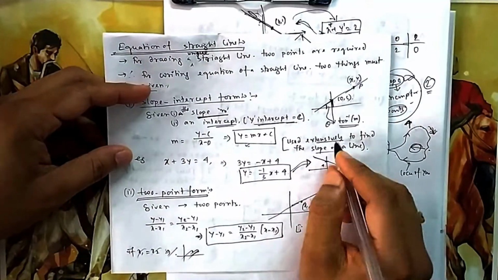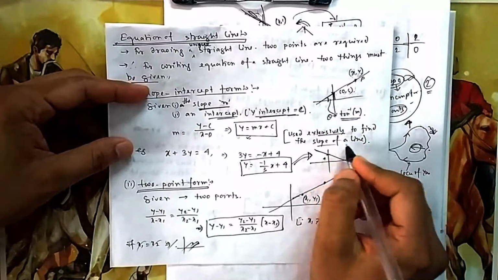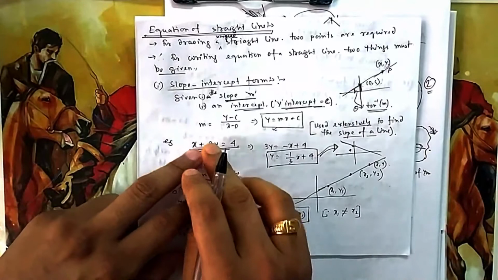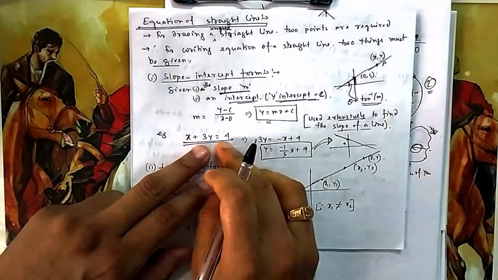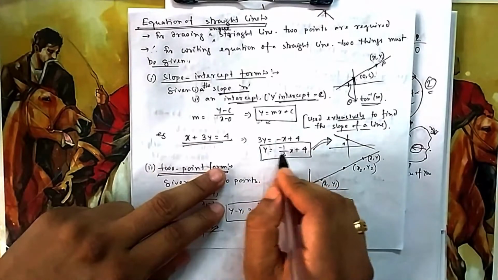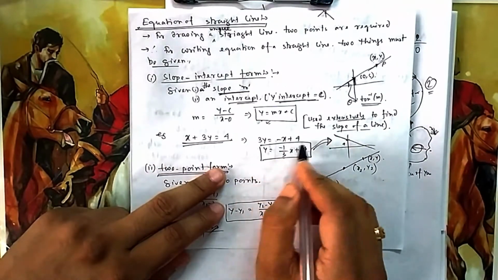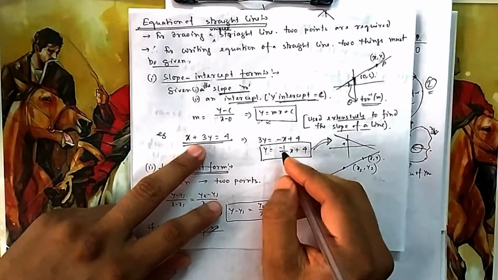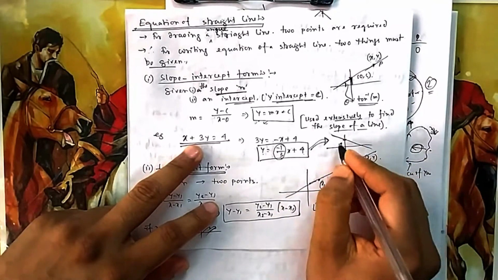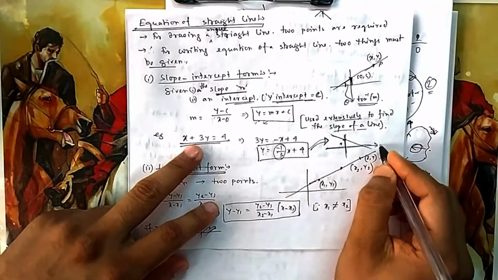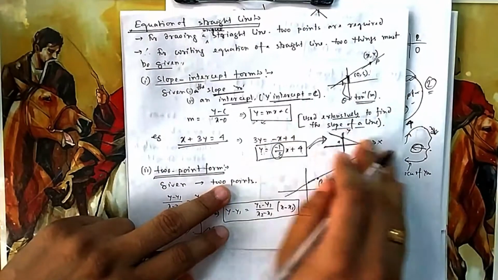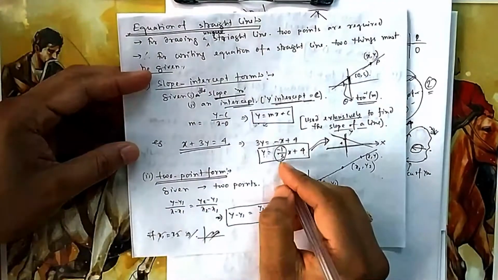Where is it used? It can be used anywhere, but it is extensively used to find the slope of a line. Suppose a line is given, and you are asked to find the slope. What will be the slope? You convert it into this format. You keep y on this side and the other things on that side. So it will be minus 1 by 3. You take 3y equal to, keeping y on this side, and this becomes your slope. It is minus, which means it is a falling line and it is passing through 4. You can draw it also, on paper. Not the exact shape, but it will go something like that. It is falling and it will go through 4. So you can easily find out the slope.